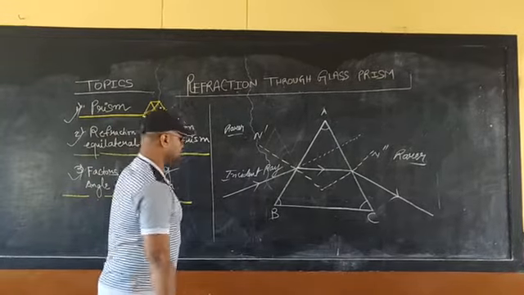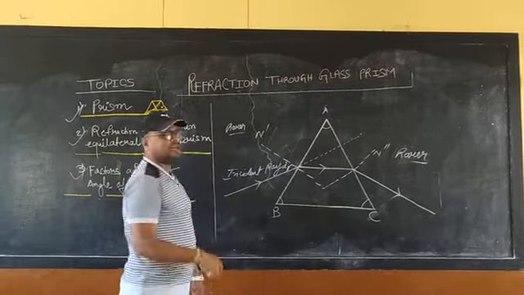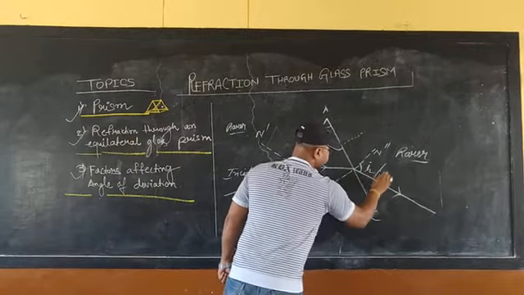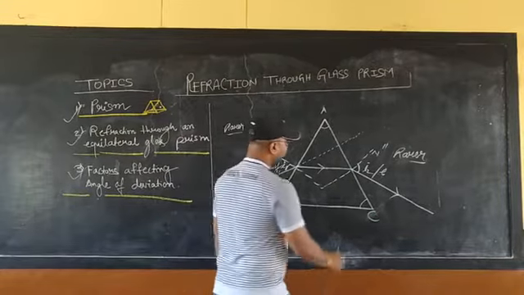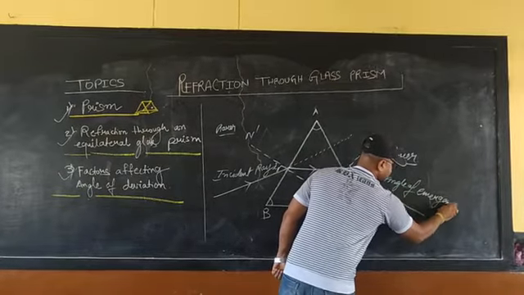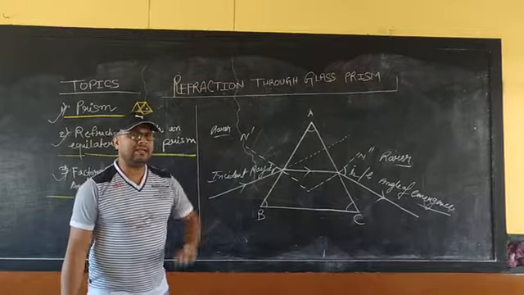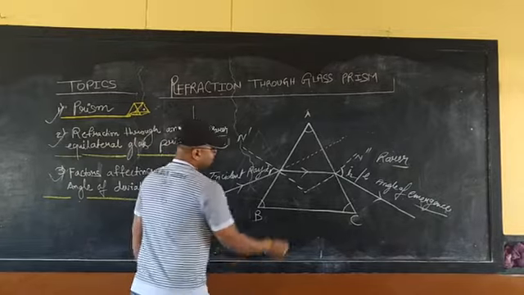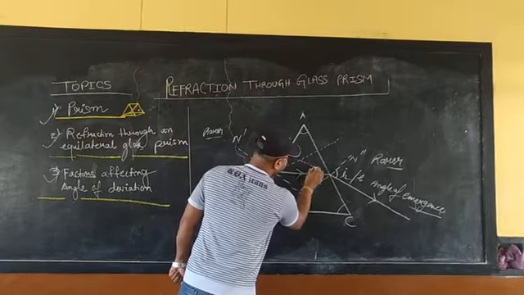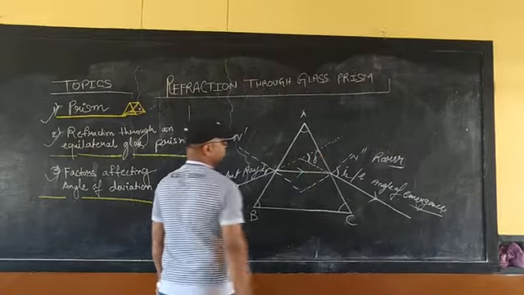Now different terms are there. This is what we are calling I1, or angle of incidence we can say, and this we can denote by I2, or you can denote by E also, which is called the angle of emergence. And generally for an equilateral triangle we take the values of I1 and I2 equal. Anyways, let's do this once again. If you draw the rays back, you will find another angle that is known as delta. Students, very important.